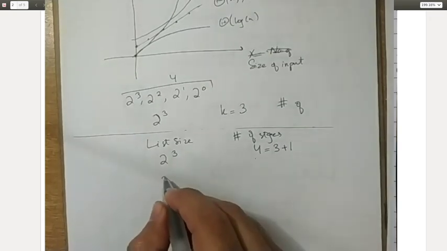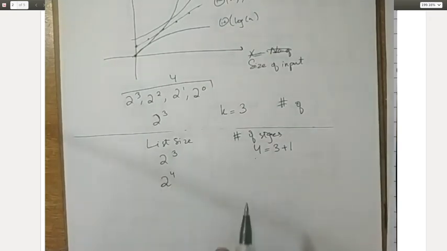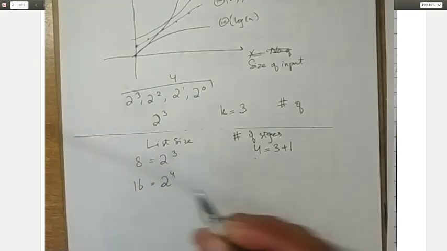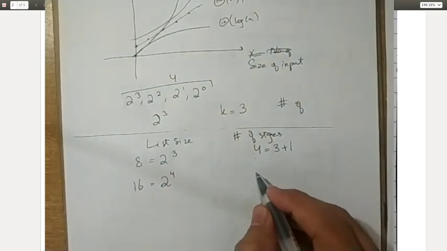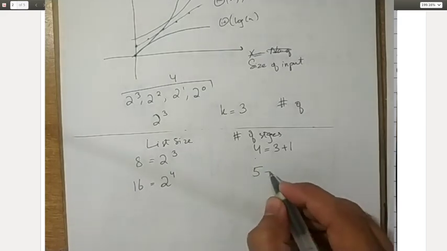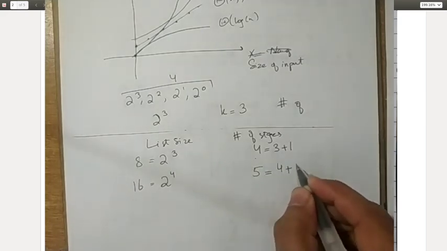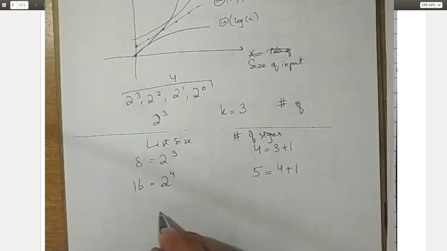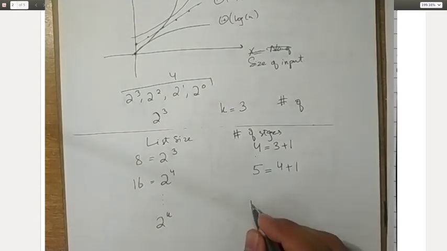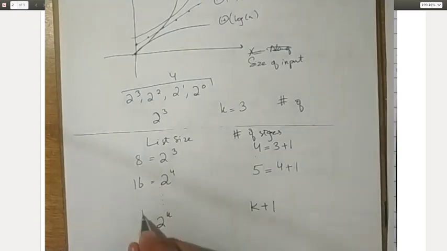If your list size was, let's suppose, 2 to the 4, if you had 16 elements in your list, then you would have had 5 stages, because 16, then 8, then 4, then 2, then 1. So 5 stages, which is simply 4 plus 1. And so the idea is, if you have 2 to the k elements in your list, then the number of stages will be k plus 1,